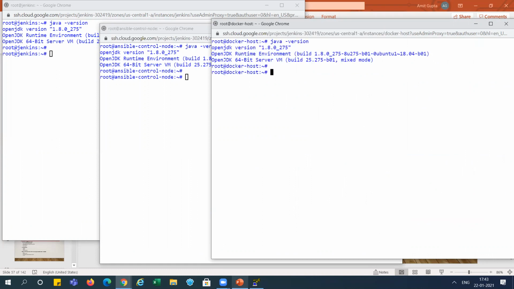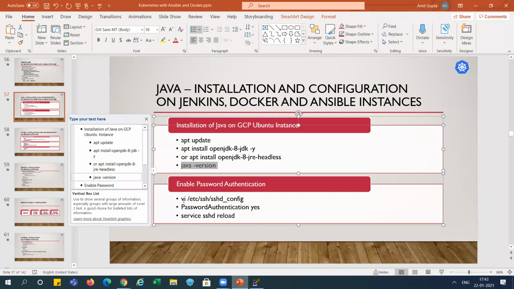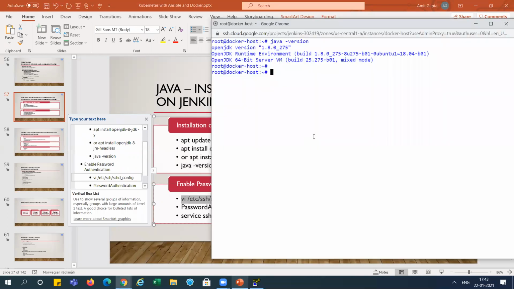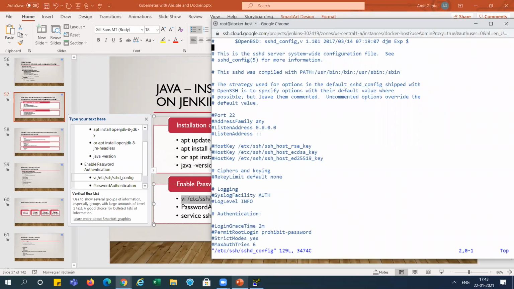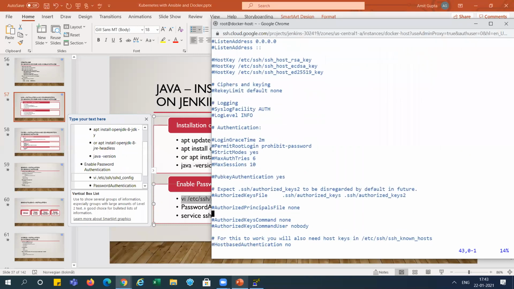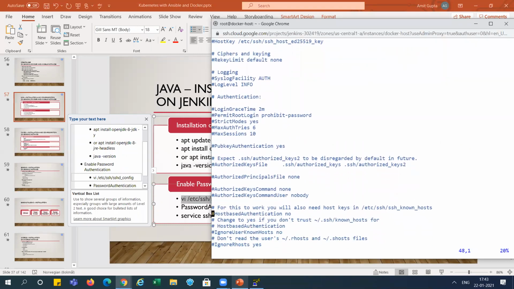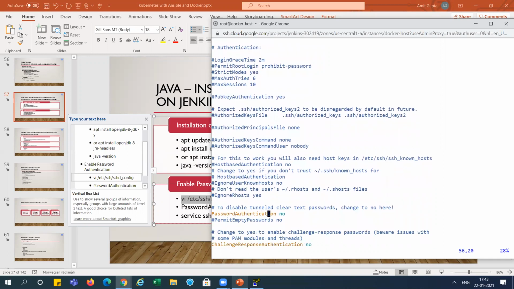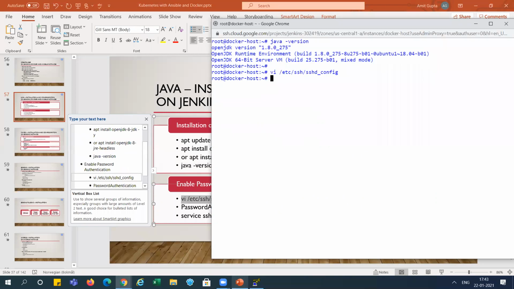It's installed. And now we need to enable the password authentication, yes, right? You can see here it is showing password authentication no. We will change it to yes, right?